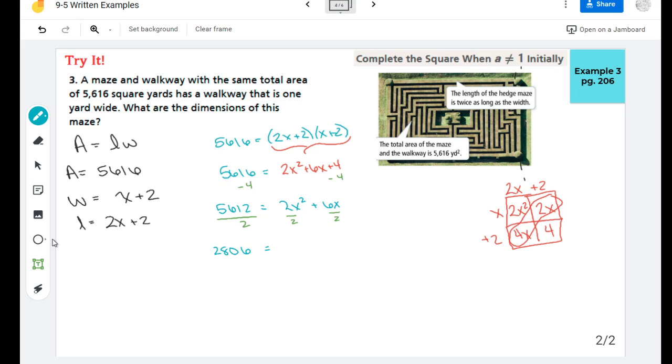And I'm going to try to remember to leave a little space, right? Because remember, when we complete the square, we add to it. And then 2x squared divided by 2 is x squared. And 6x divided by 2 is 3x. Oh, and they really want to make this ugly. Do you see how that's